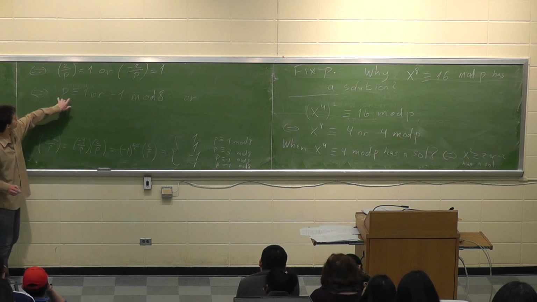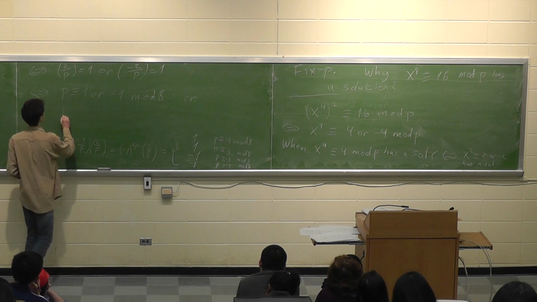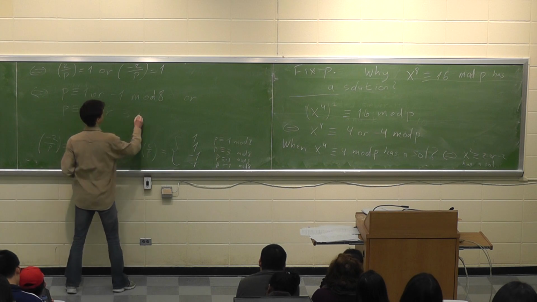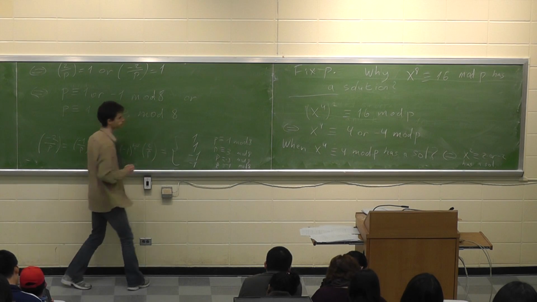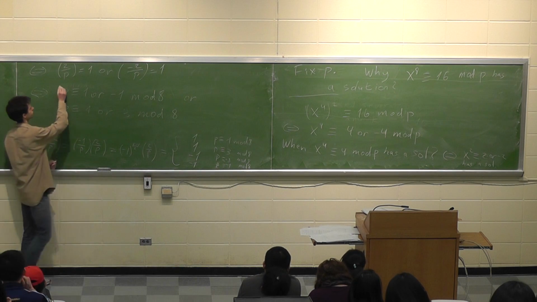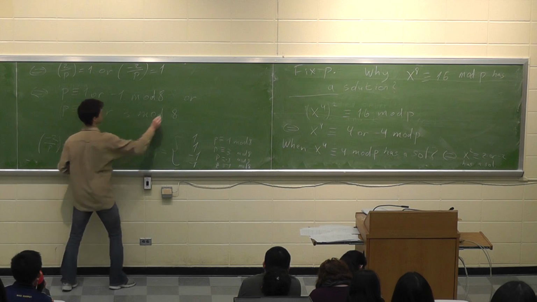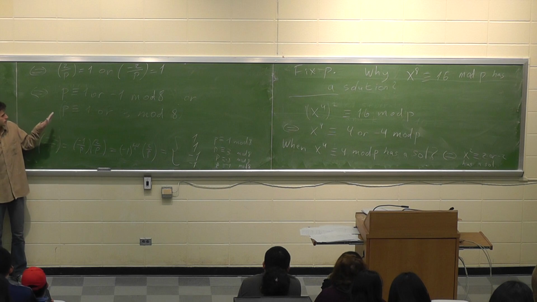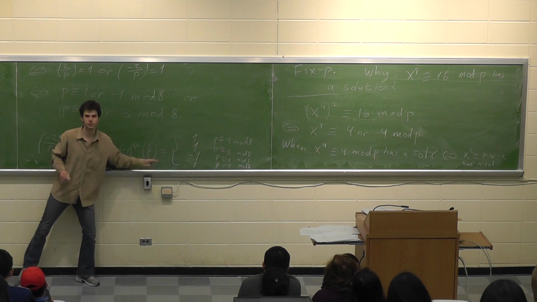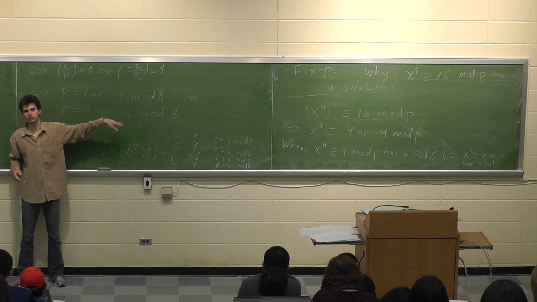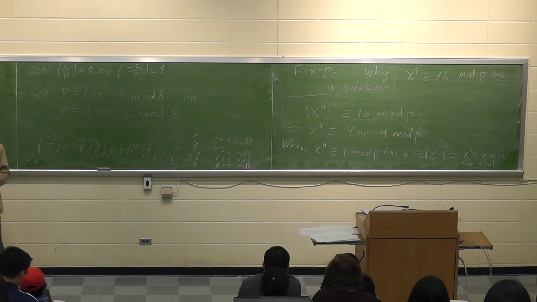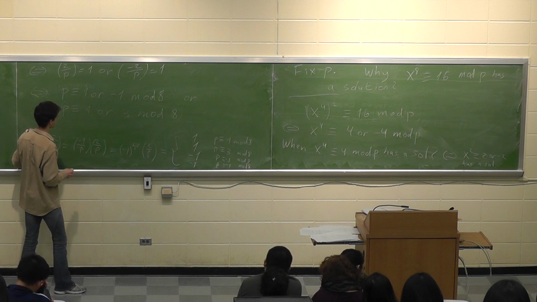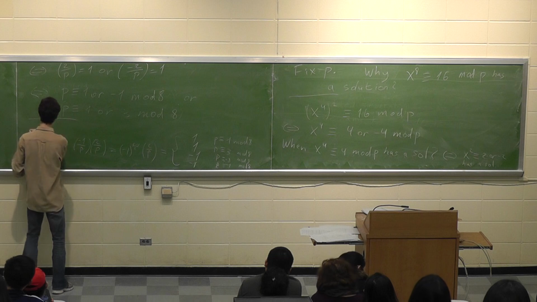So here we have the condition either this holds or p is congruent to 1 or 3 modulo 8. Either this holds or this holds. So we covered more or less all the options except for one. When p is congruent to minus 3 modulo 8, neither this holds nor this holds. So we covered all the options besides when p is congruent to minus 3 modulo 8. So the question